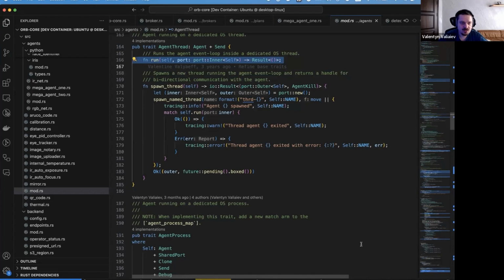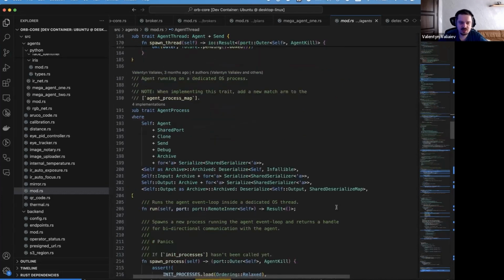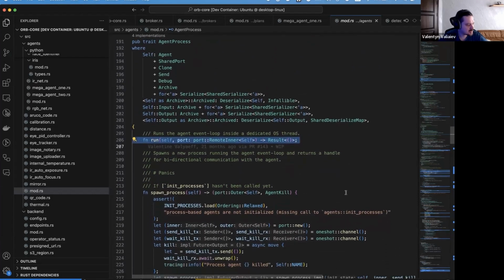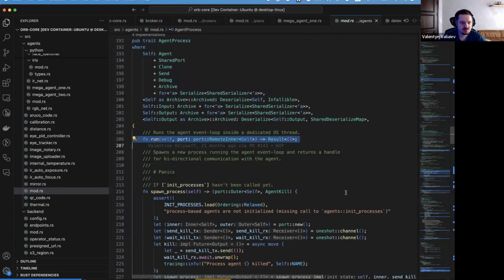For example, if we have a synchronous API for some hardware. And we can use agent process if we want extra isolation. Mainly it is for security and reliability, because even if the external process crashes with a segfault, we can seamlessly restart it. Optionally, we can retry the latest message passed into the agent. We use this for some of the agents which are not that reliable.